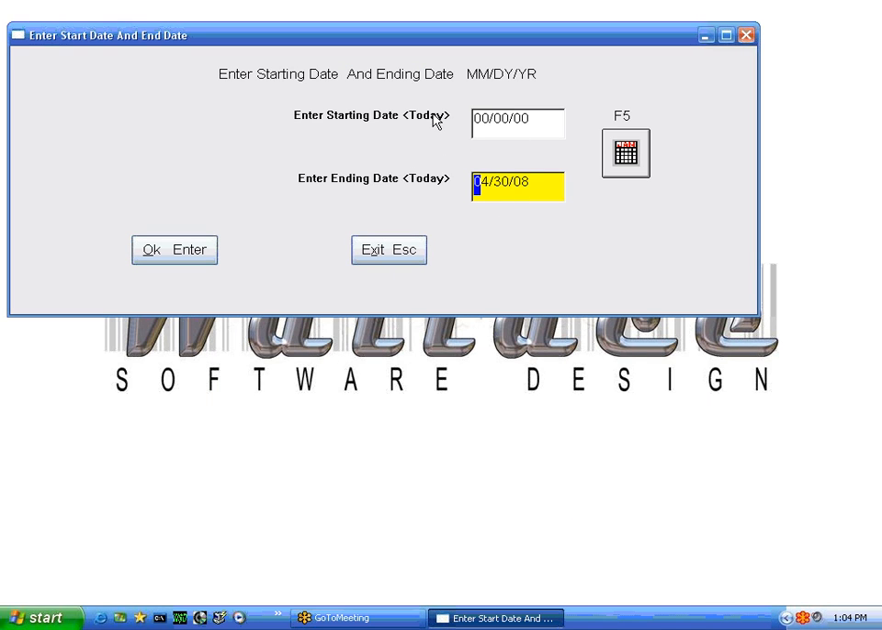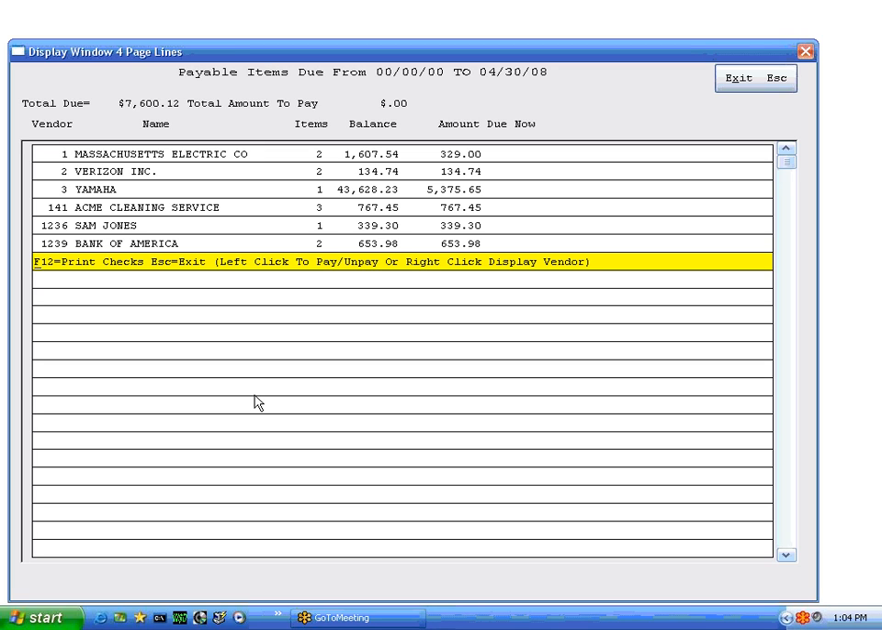Obviously, you can give it a start date. Most people don't want a start date. They just want to put the date that they want to pay the bills up to. So I want to pay all my bills that are due up to the end of the month. Select OK. Now what it'll do, it'll go through your payables and select every single vendor